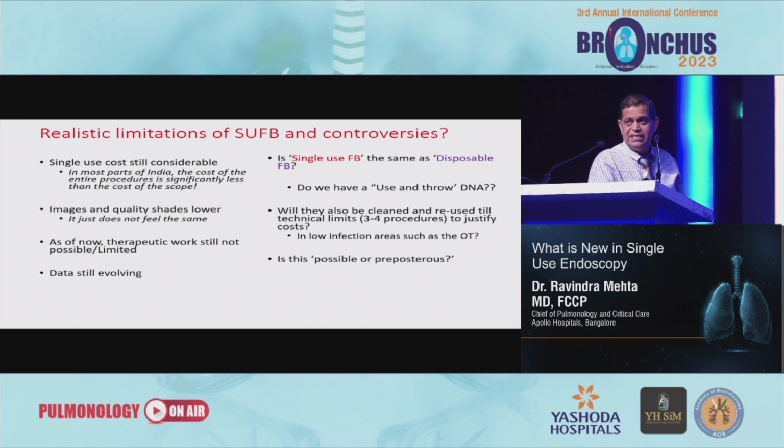And finally, I put this statement: is this possible? Or am I just basically shooting off my mouth? And is this preposterous and we should never think about it? But all this is work in progress, which may actually help to increase both the leverage, the dissemination, and the